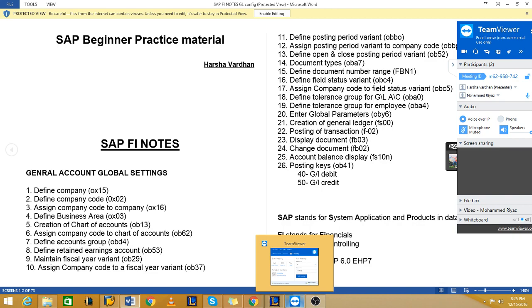And then we'll go for defining account groups. So what are account groups? Account groups is nothing but classification of your GL accounts. Here in account groups you will classify your GL accounts, like share capital as one account group. In that kind of preference shares, debentures, everything. So all those types of shares will come under account group share capital.